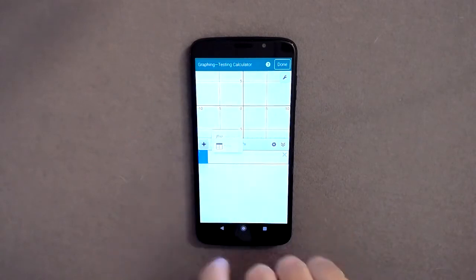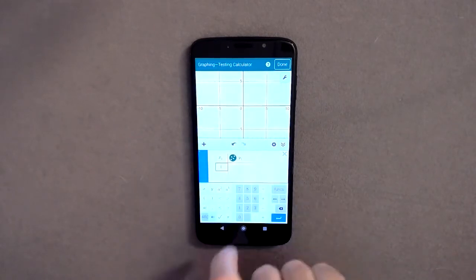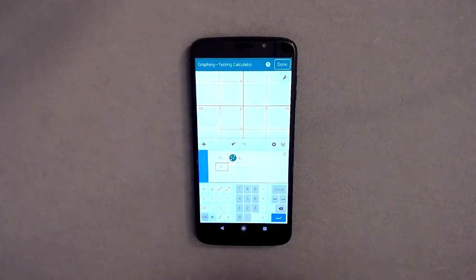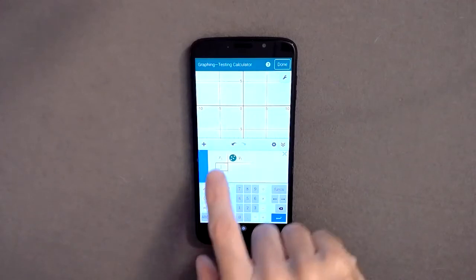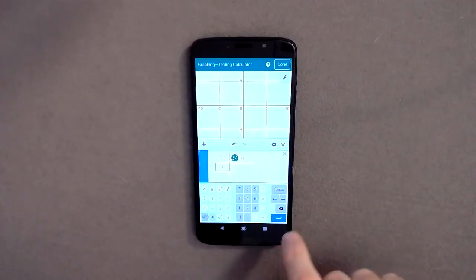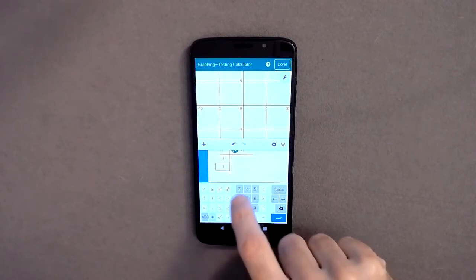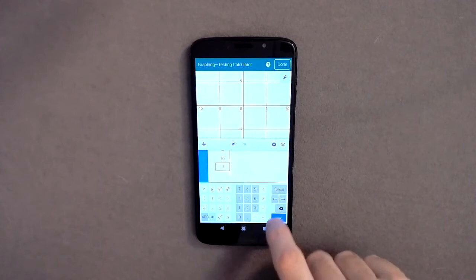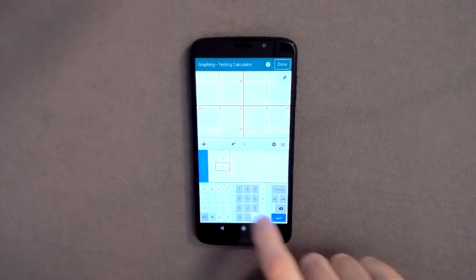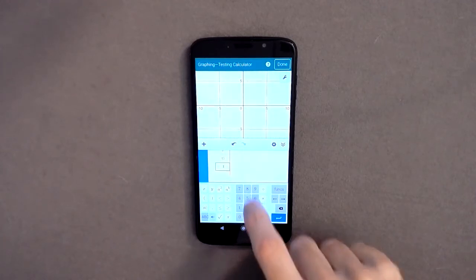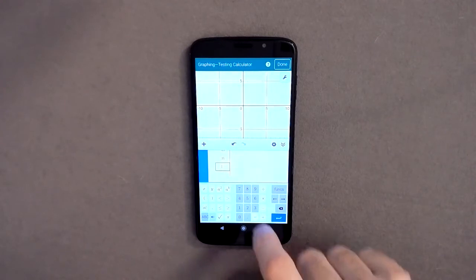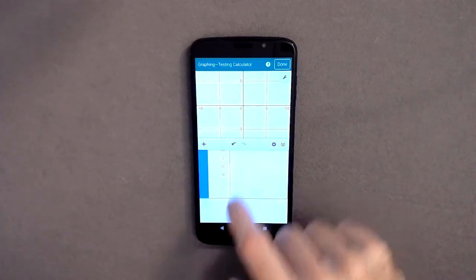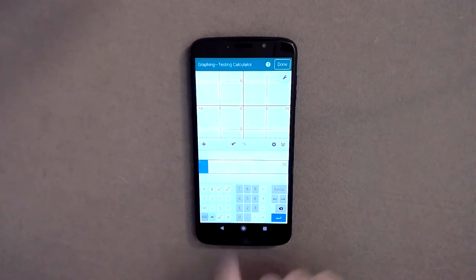To get a 5-number summary, I'm going to first enter my data in a list. So I'll hit this plus and select Table. It gives me 2 columns, but I'm only going to use X1. I'll just enter some random numbers here for my data. And then when I'm done, you can either scroll down and tap down here to open a new row, or